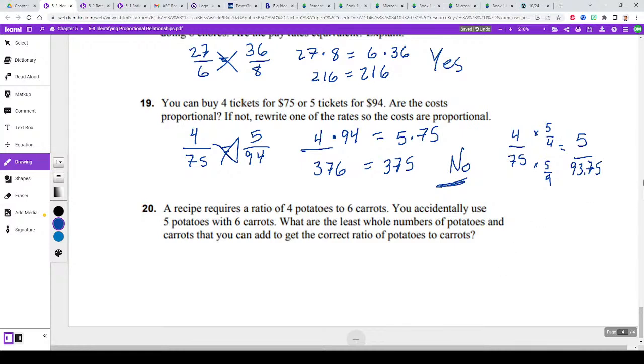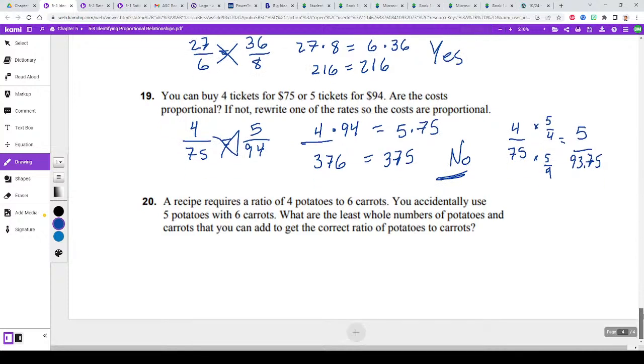Those would be proportional as well. So, last one here. A recipe requires 4 potatoes to 6 carrots. You accidentally use 5 potatoes to 6 carrots. What are at least 2 whole numbers of potatoes and carrots that you can add to get the correct ratio of carrots and potatoes? Okay, so what you could do then,